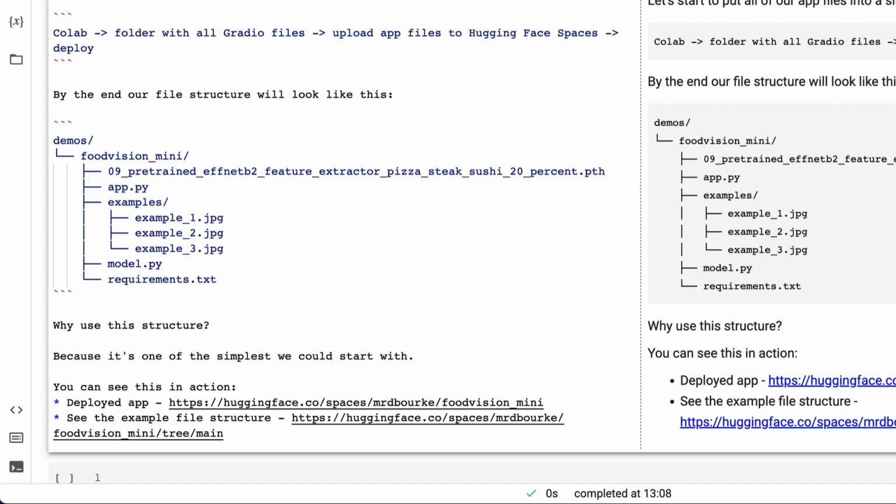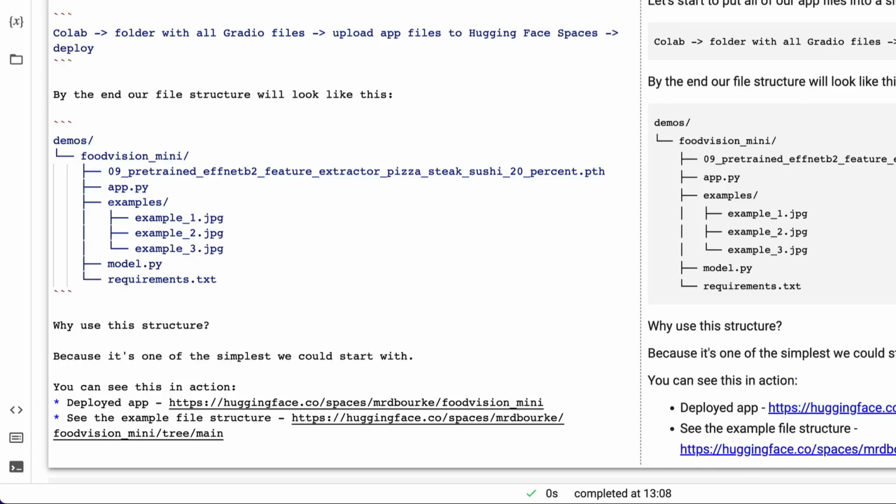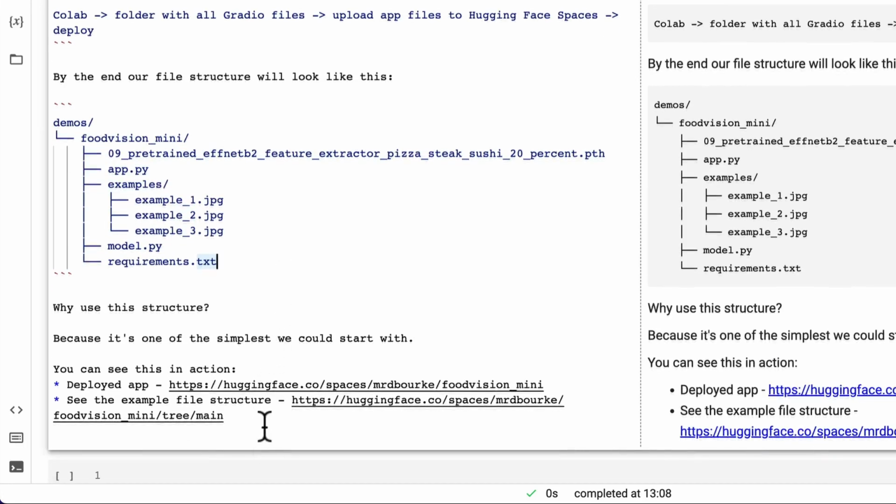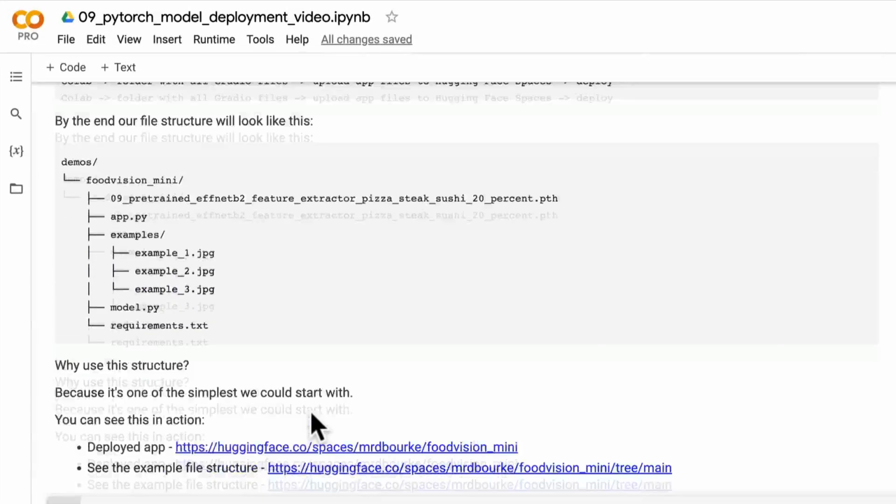Now, of course, as your demos and your apps and your models get more complicated, you could complicate this as much as you want or make it more sophisticated. But for now, we're just going to keep it simple so that we can experiment. And if something doesn't work, well, we can update it over time. So let's now,